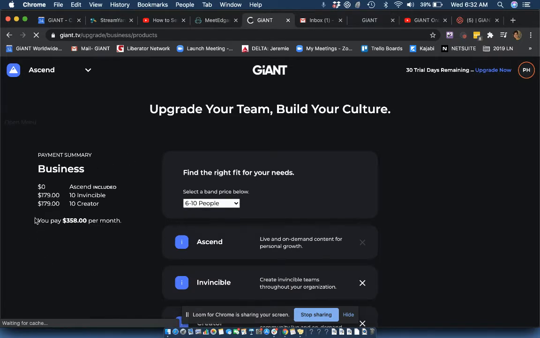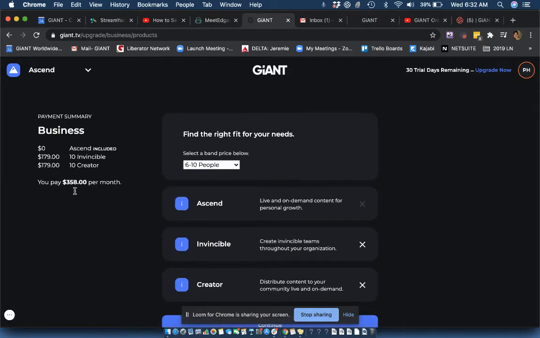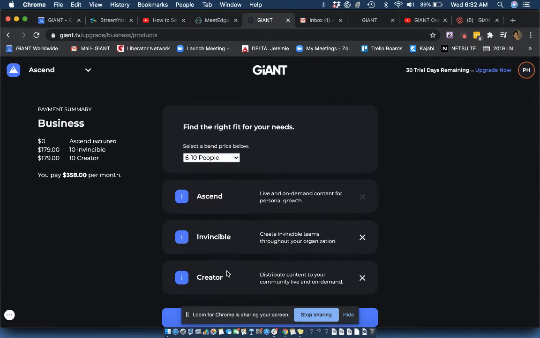Look on the left-hand side. It's showing that that amount of people, 6 to 10, is $179 a month for Invincible and $179 a month for Creator. Now, Creator is our app that you can purchase on top of Invincible where you can actually white label our